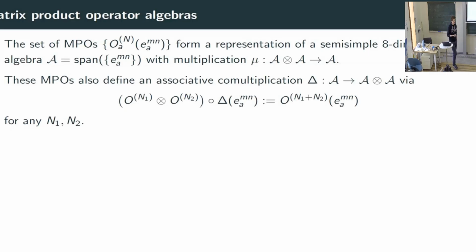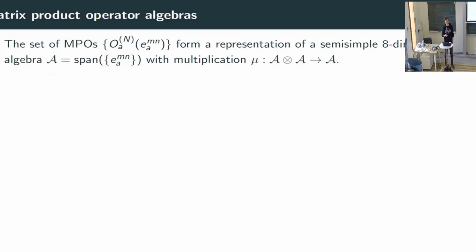Apart from just having a multiplication, these matrix products, yes, sorry. Is this 8-dimensional algebra the sum of 2 full matrix algebras? Yeah, I will get to this. But yes, I didn't say this yet. Could be. Yes, so it's semi-simple, so indeed it could be a 2-dimensional matrix algebra plus 4 1-dimensional matrix algebras, or 8 1-dimensional matrix algebras, or 2 2-dimensional matrix algebras. It will be the latter, but I haven't told you enough to see this yet.